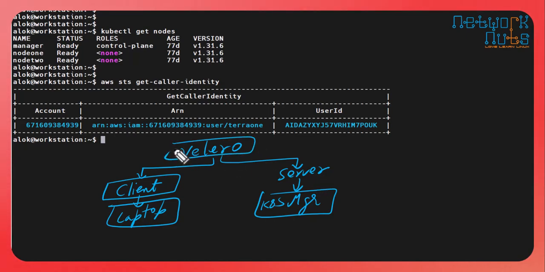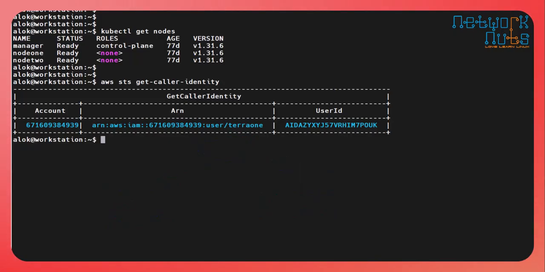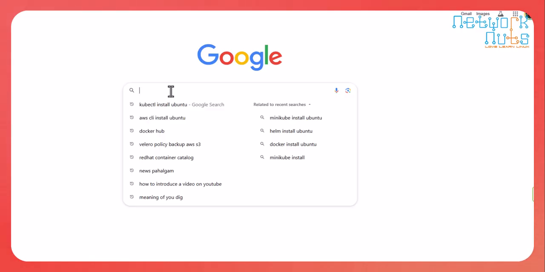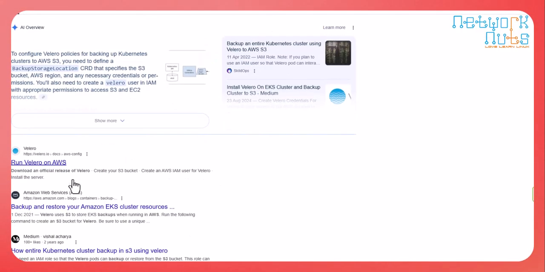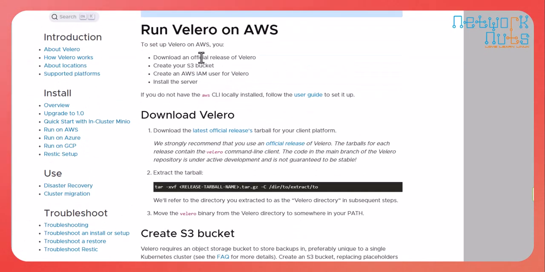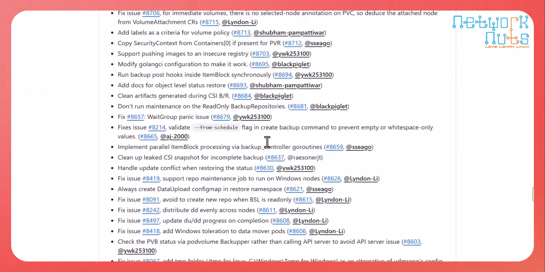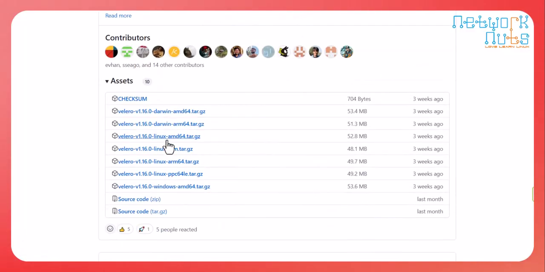So let's do it. You can use the official repository of Velero. If you Google and search for Velero backup, any of the links here is "Run Velero on Amazon Web Services." Just follow the guidelines. First, download the official release of Velero. These are the official releases. I'm using Linux, so I'm scrolling down here. I'm going to use Velero 1.6.0 Linux 64-bit. I copy this,